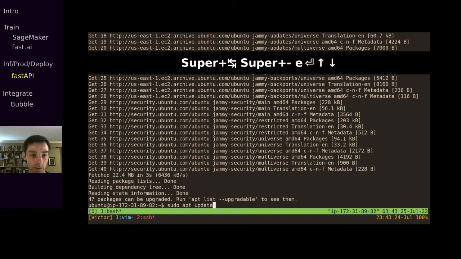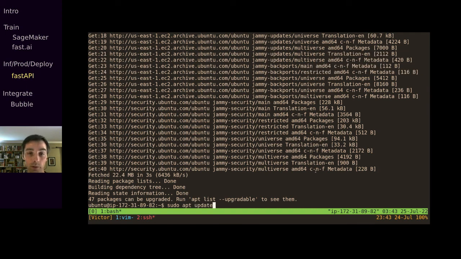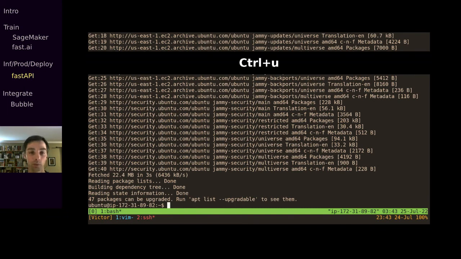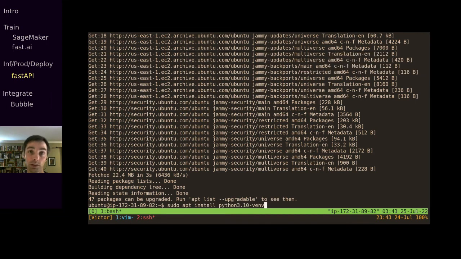Okay, so when I ran sudo apt update, I realized that the screen key being down at the bottom was blocking what I was typing. You tend to be working down here at the bottom in a terminal, so I just moved it up to the top. Okay, so now this apt update command basically says fetch a list of updated packages for this distribution,